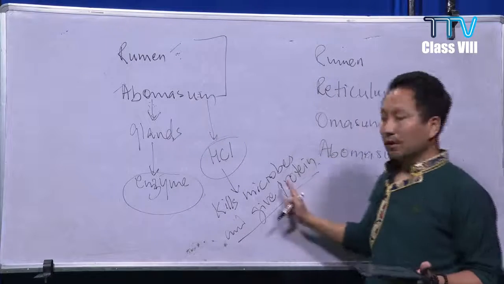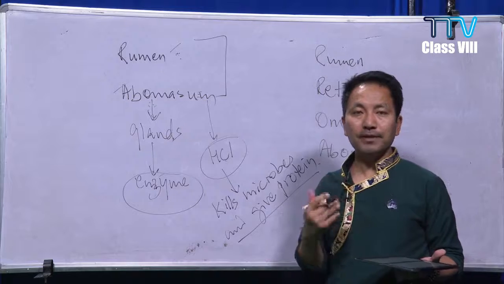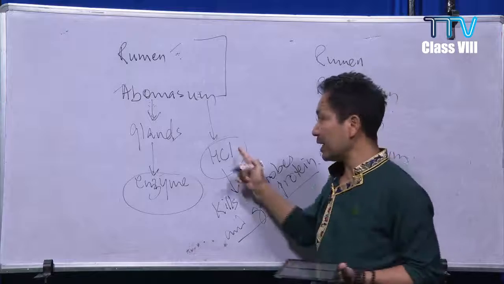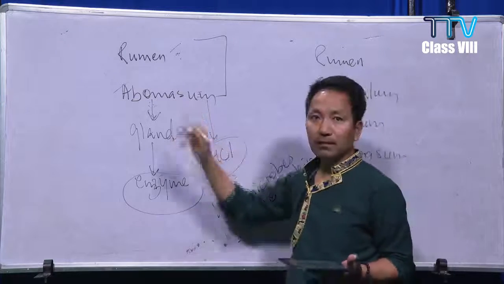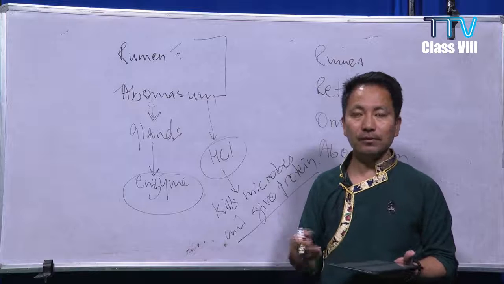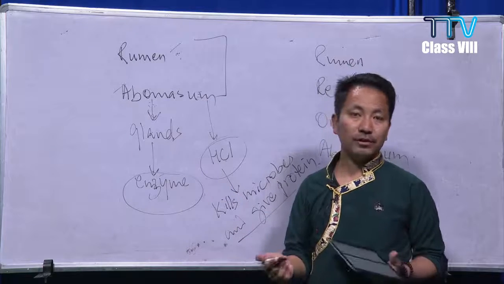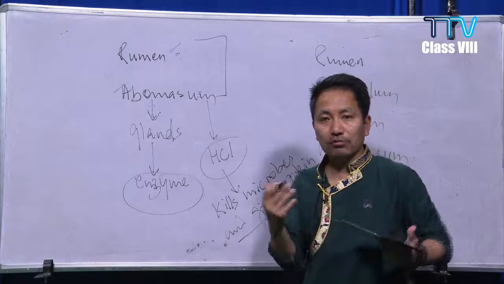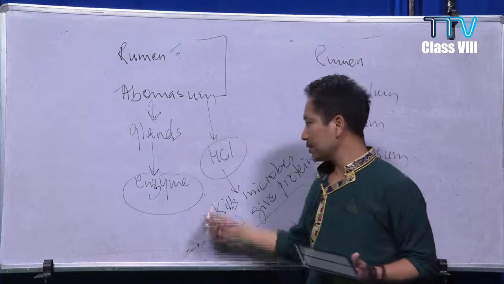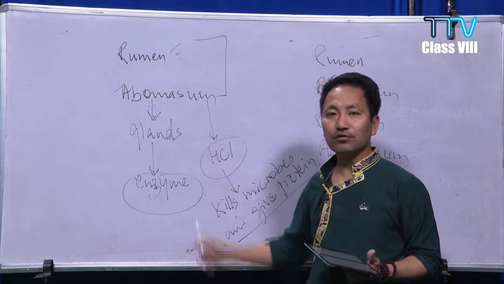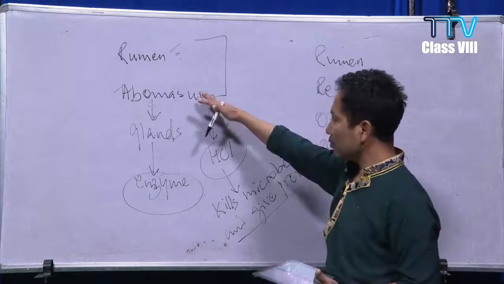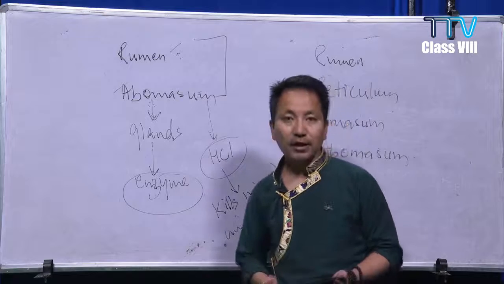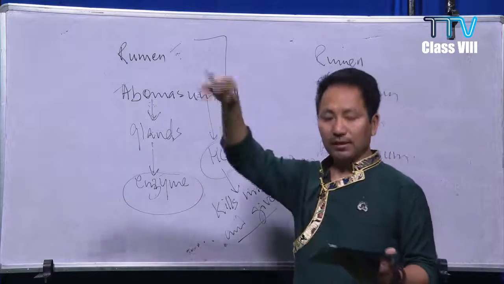So the ruminants get their protein this way. Imagine if there were no HCl acid in the abomasum stomach. What is most likely to happen? These ruminants may not get the protein that they need. So hydrochloric acid is important. Then, from the abomasum, the glandular stomach, the food goes on to the small intestine and the large intestine.